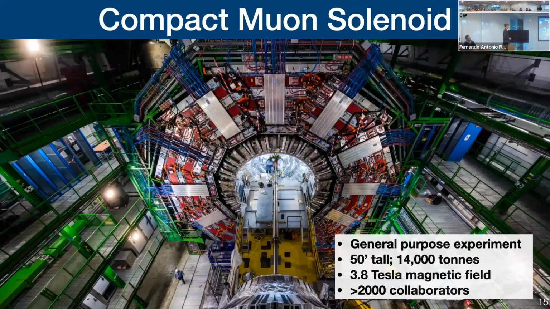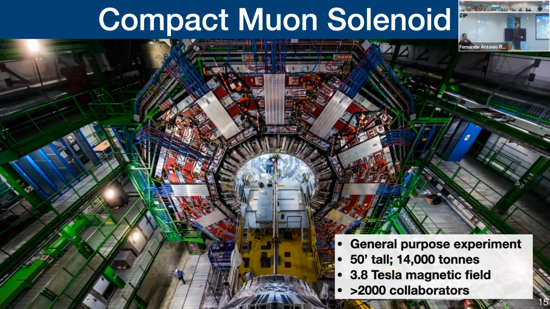So this is the particle detector that I work on. It's known as the Compact Muon Solenoid, or CMS. It's a general purpose experiment. It's about 50 feet tall. So to give you a sense of scale, there's a person right there. There's another person down there. So it's very large. It weighs about 14,000 tons. So don't be fooled by the name compact. This is actually a very, very large experiment. It has around a 4 Tesla magnetic field inside of it. That's about the same magnetic field as an MRI machine. But you know, most MRI machines are about the size of a human, not the size of a small house.